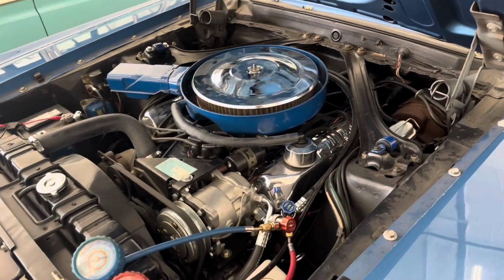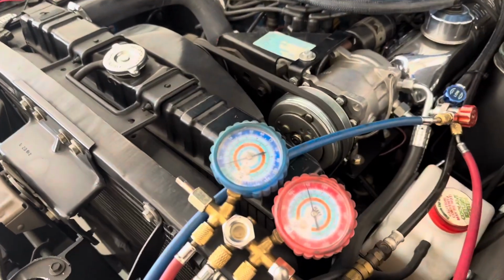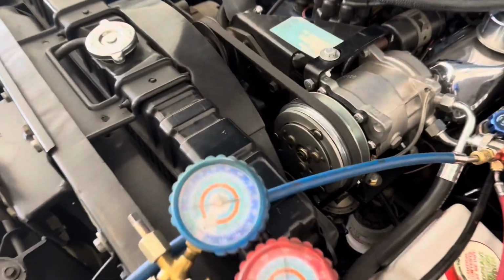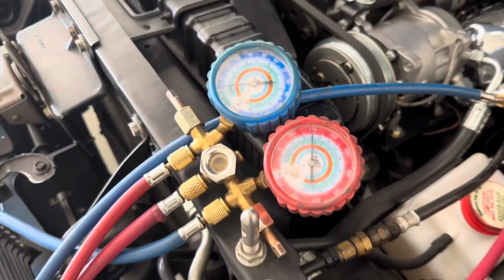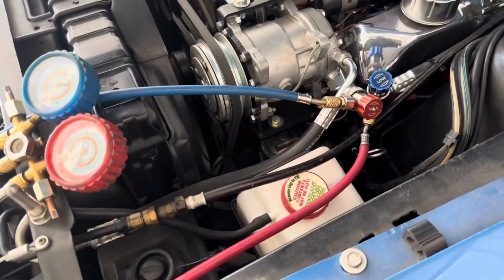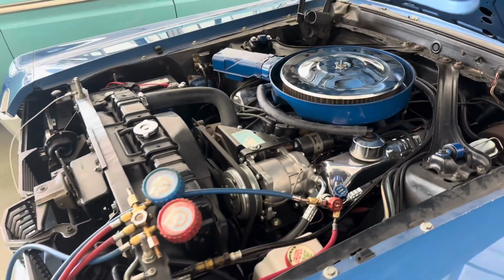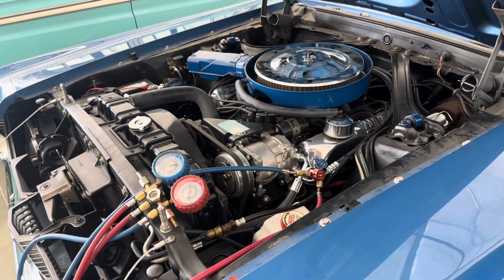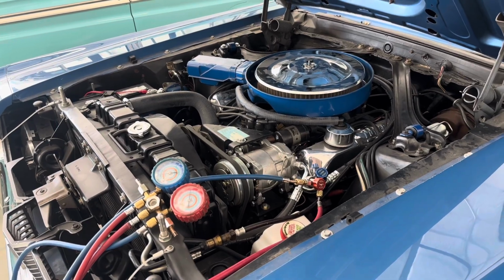Alright, so we have our gauges hooked up. Got almost no pressure on the low side. Got 100 PSI sitting on the high side. Of course, I'm clutching, not engaging. I'm going to introduce some refrigerant on the low side first, see if we can get her to...